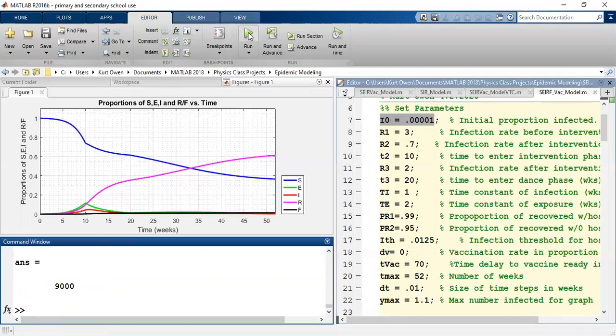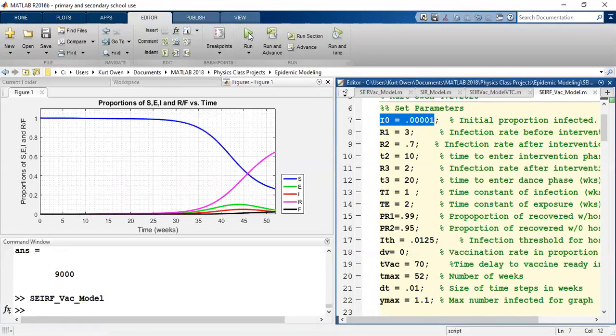So if I run this now, we can see that at 14 weeks, we can't even see anything that's happening, all right? And the reason why is right now our graph is looking at the total population, right? So if we were to look at the total population, a very, very small percentage are actually infected, and fatalities are an even smaller percentage of that. So we can't see what's happening at week 14.